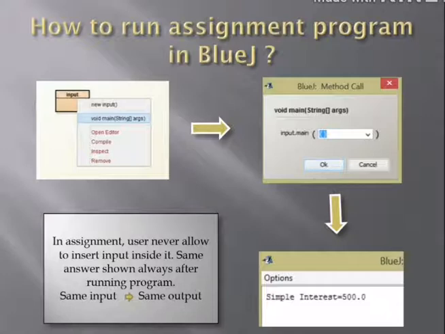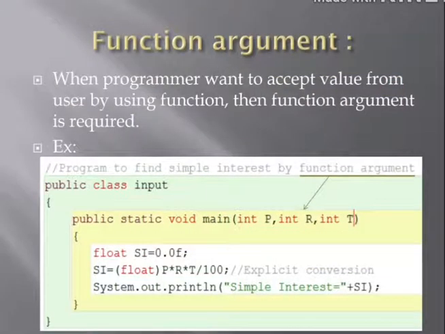But if some other person wants to run the program, then we have to accept a value from the user. Then we have the next technique, that is function argument. When the programmer wants to accept a value from the user by using a function, then that is function argument.